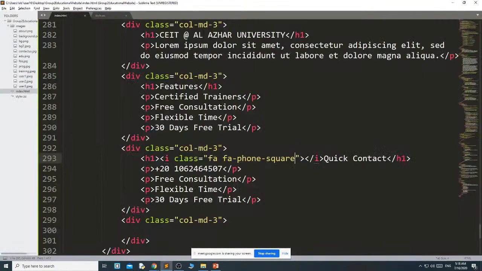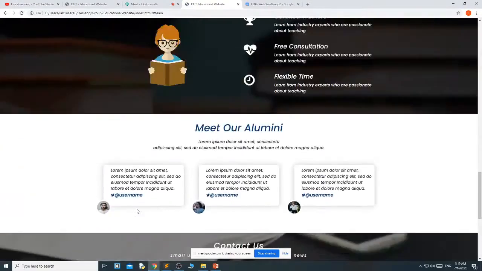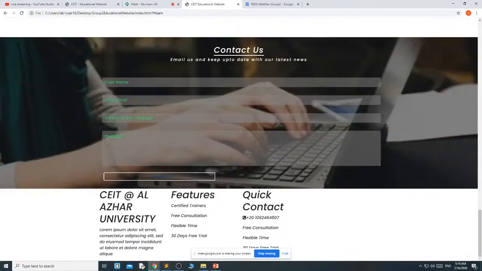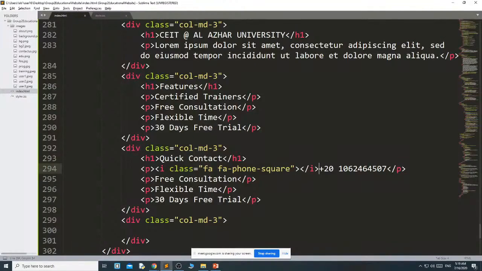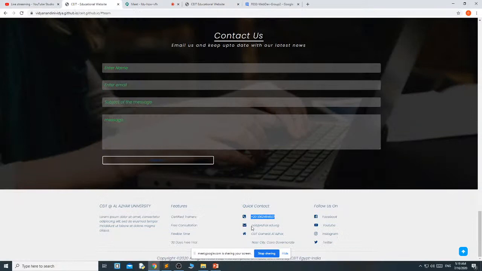Then the second thing. Okay, I have written in the wrong place. This is not here. Ctrl X. This should be here, near the phone number. Then for free consultation, yes, same thing I have pasted, and this is envelope. E-N-V-E-L-O-P-E. And here what's the thing we need to write? This.